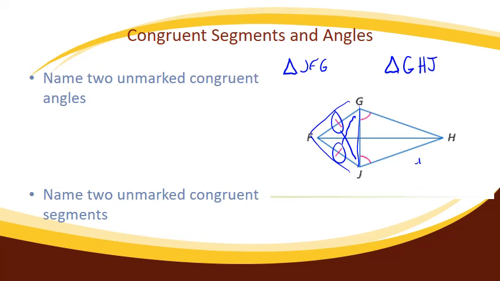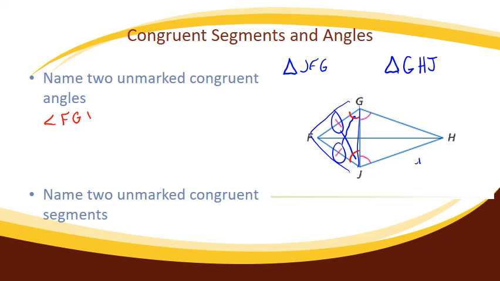Segment GJ or JG is going to be my base. But let's see, we want to name two unmarked congruent angles. Well, I've got this angle here and this angle here would be congruent because those opposite sides are congruent. So then I could say that angle